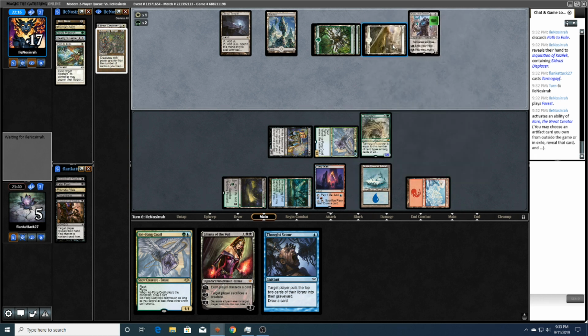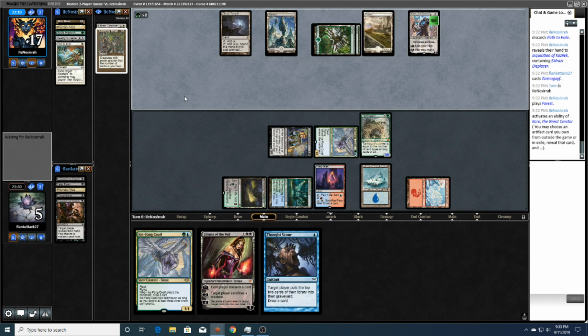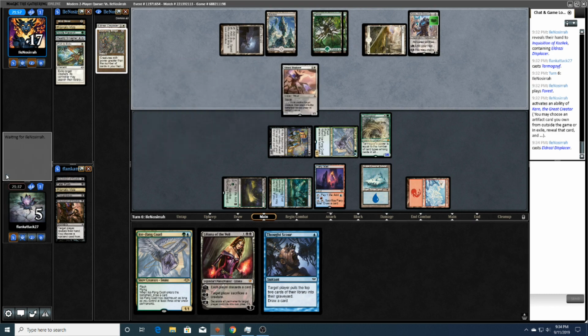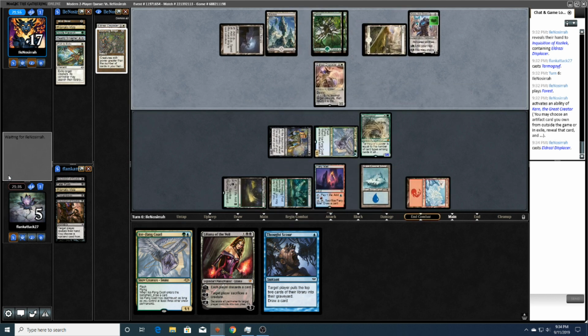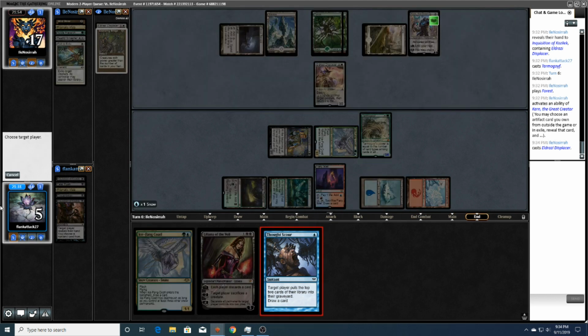So the opponent's got to tap this and this for 2 colorless, cast this. Then 1, 2, 3, cast this. Okay. They figured out the line. Okay, they're not going to play the bridge. Oh, that's interesting. Okay. So we will